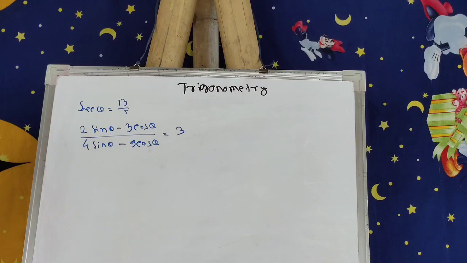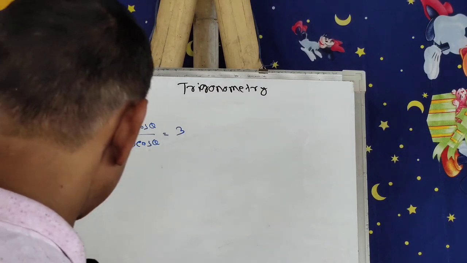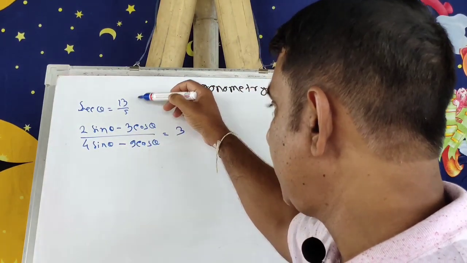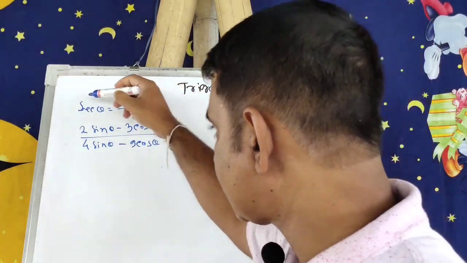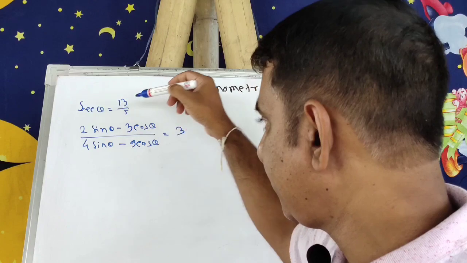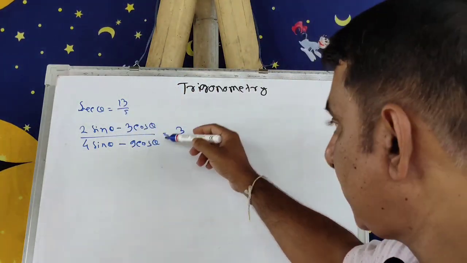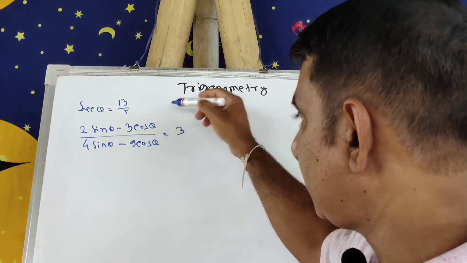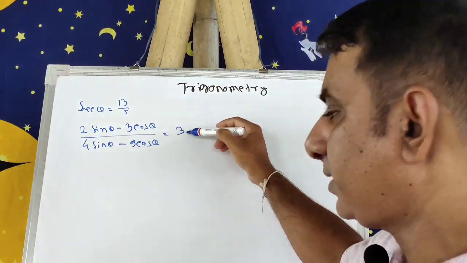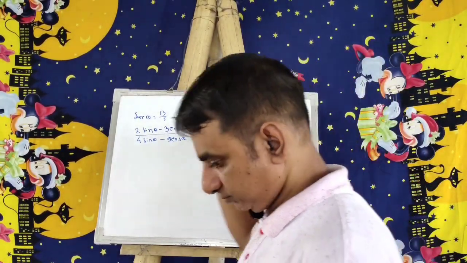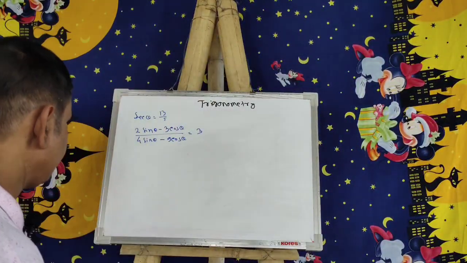Okay. So, here also same thing. In this case also the value of sec theta is given. From the statement you need to find out the value of sin theta and cos theta, substitute the value of sin theta and cos theta, and then you can calculate, and your result should come as 3. Understood? Okay. So, let me do it.